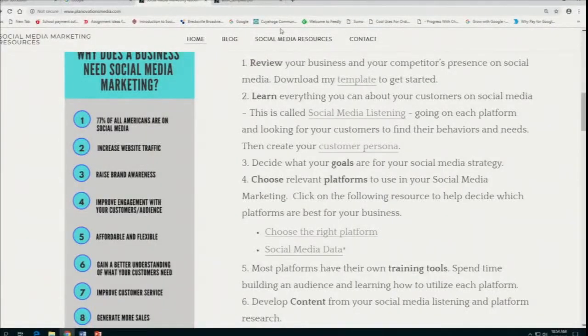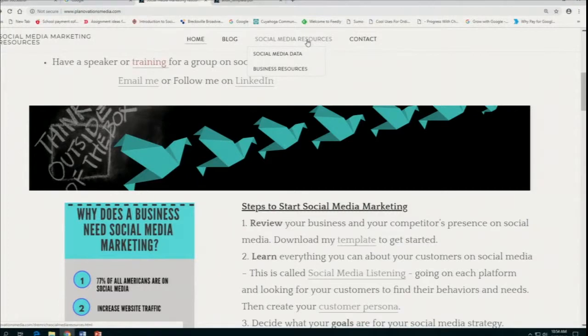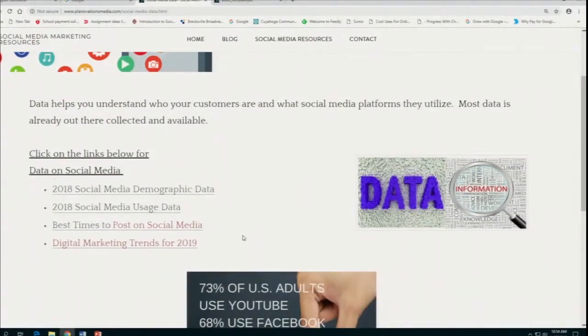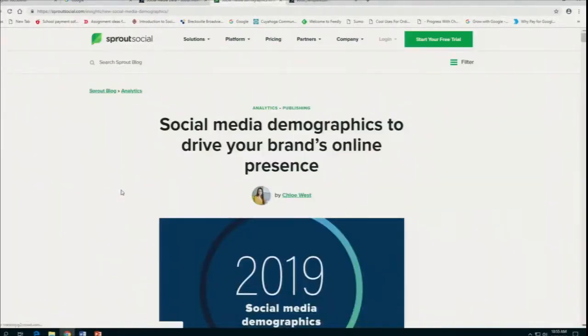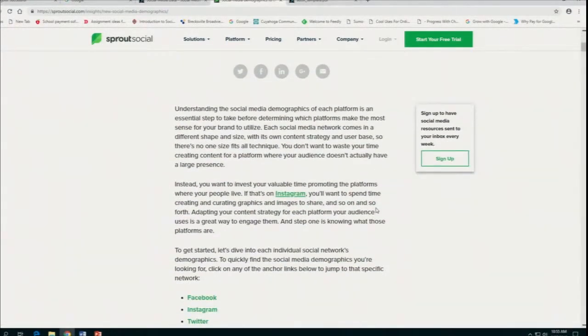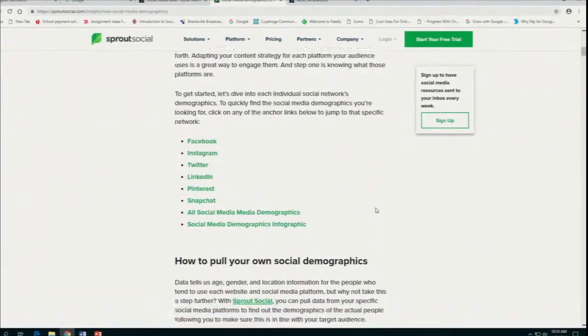So I tend to summarize the data that I find about different social media platforms. If you go to drkemrich.com and go under my social media resources, I actually created a link to social media data. So if you're not sure what social media platform to be on for your particular business, I have a lot of key data right here. All 4 of these links are going to tell you specifically about each social media platform, and I'll just click on them so that you can see why each platform is utilized